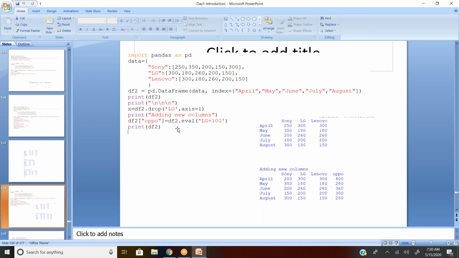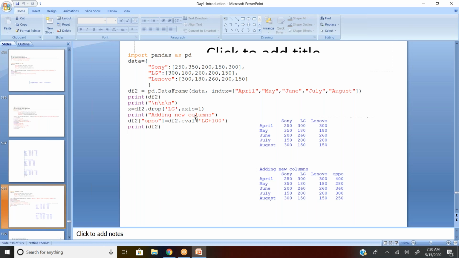Now I want to add a new column. So when I want to add a new column, I can give something like this: df2 in square bracket, a new column name whatever you want to have. So Oppo. So the new mobile company is Oppo. So Oppo is a new column name, equal to, I need to add the values.